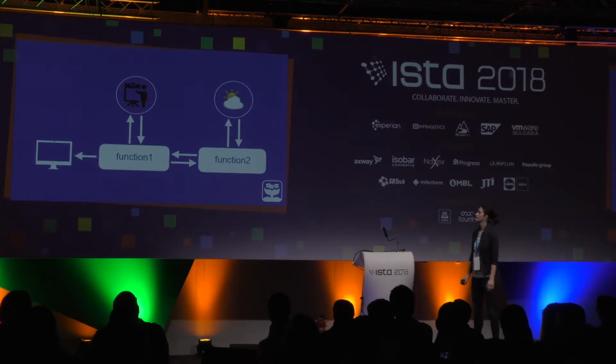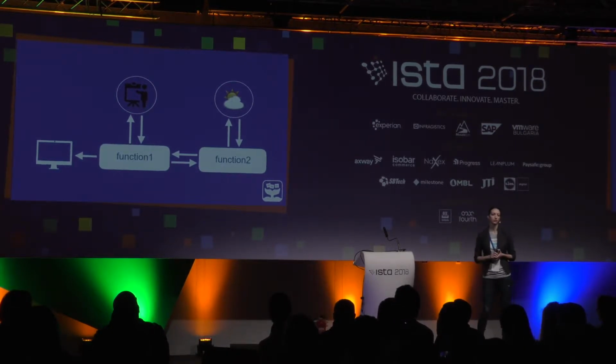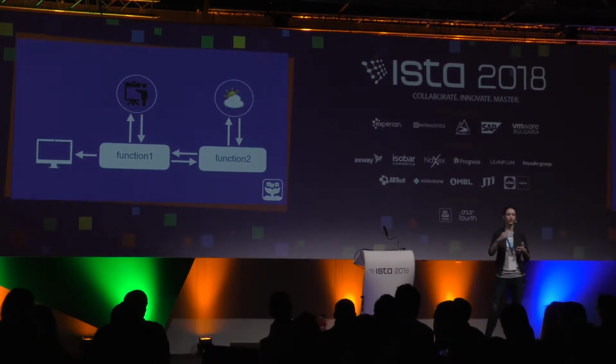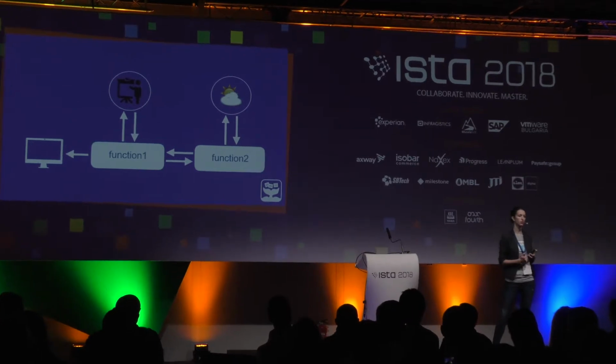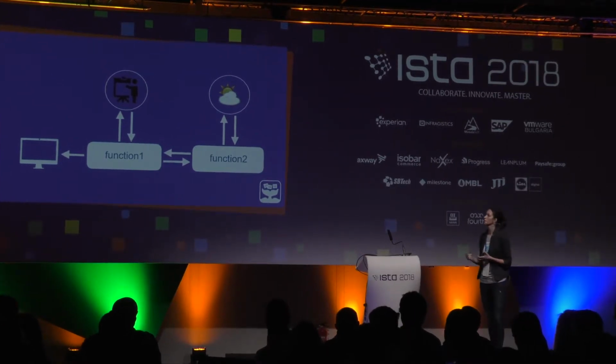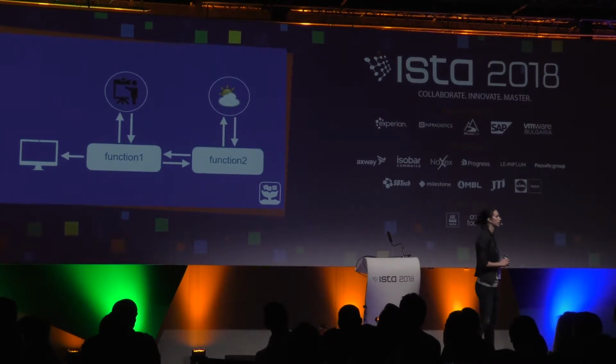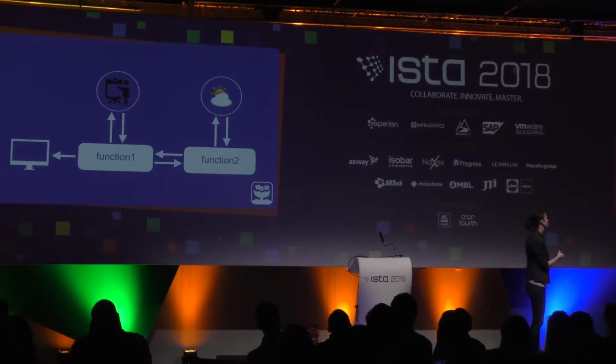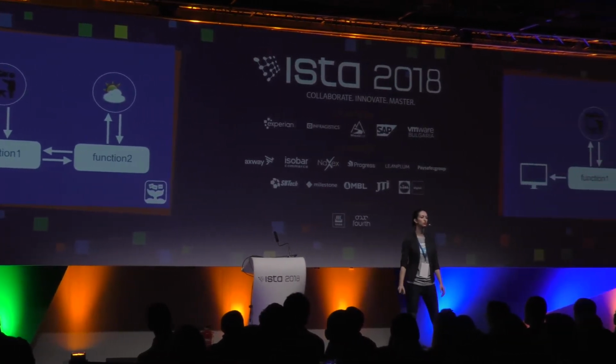And this is a diagram of what happened. We have function 1 that takes a list of events. Then it has a list of cities where the events are held. It calls function 2 that uses the weather API, which collects the data, and then brings it back to function 1, and function 1 prints the result.